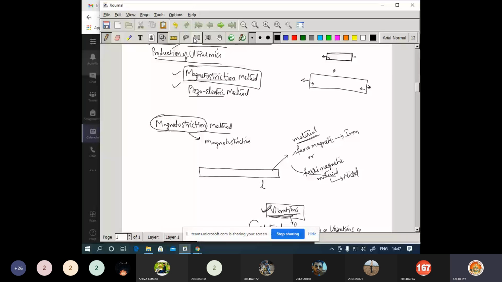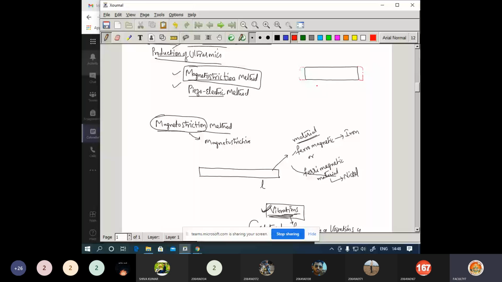Okay, now identify here. I will draw without any vibration. Without any vibration, consider this is the rod. Now with vibration, you will have two concepts. Either you will have an increase in the length, it will increase in the length. The red color is nothing but it is elongating. There is an increase here.